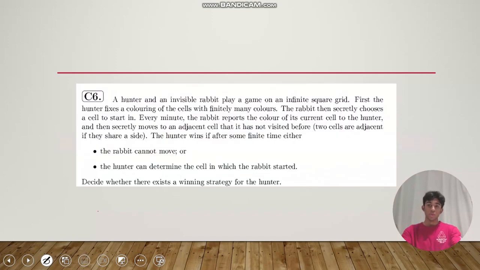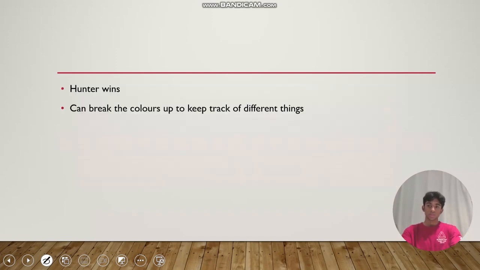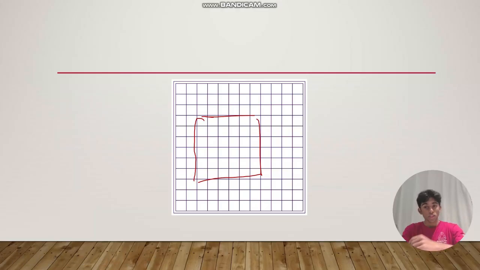And when the rabbit can't move, the hunter wins. I went to the end. But the point is, when we have a finite region, the rabbit can't move, because eventually, after some amount of time, it's visited every single cell in that finite region. And that means it can't move, it's stuck, I win, I never lose. But